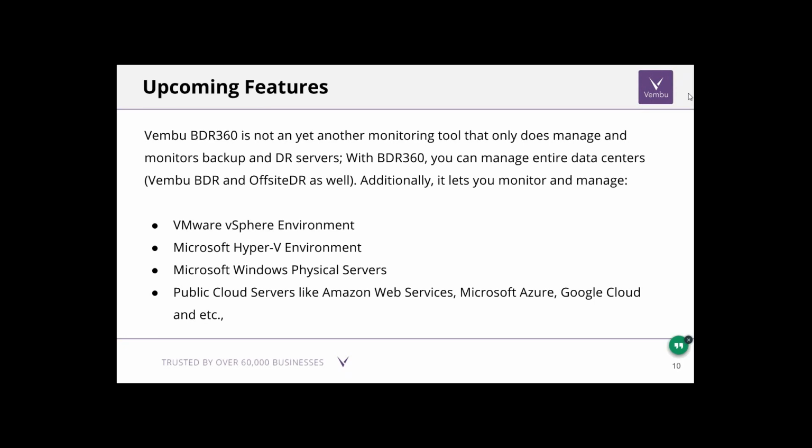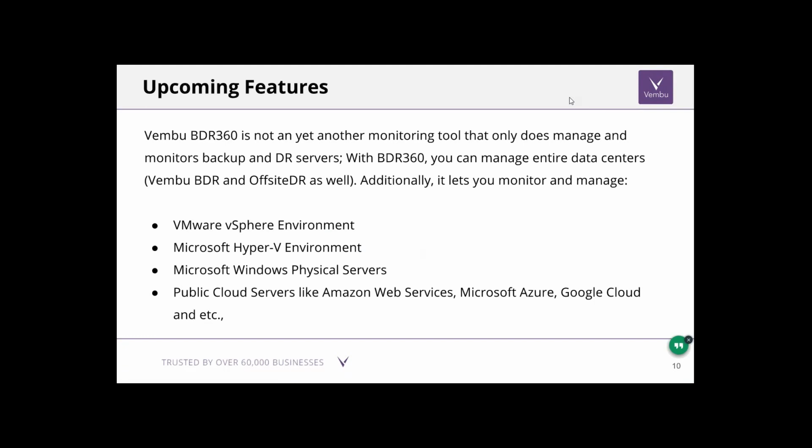That's why we designed Vembu Media 360 as a product which has a 360-degree view, where it covers for the interruption.